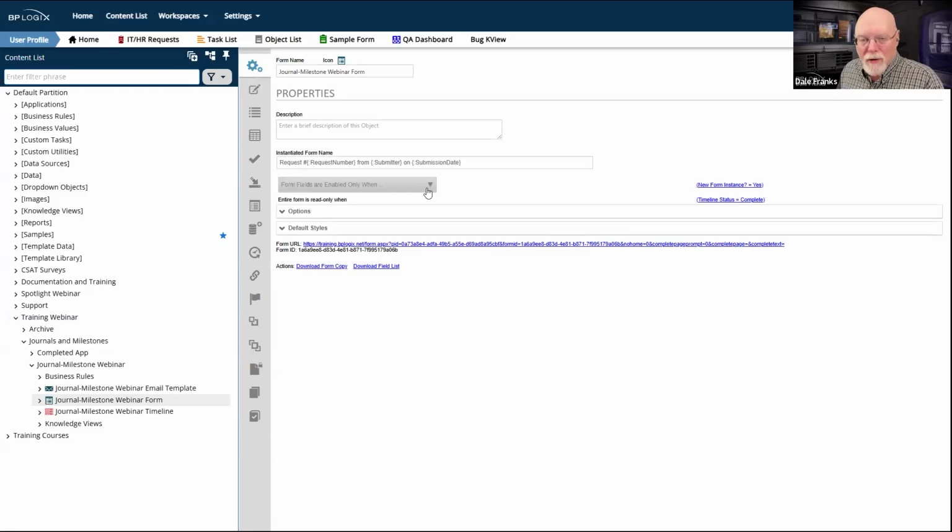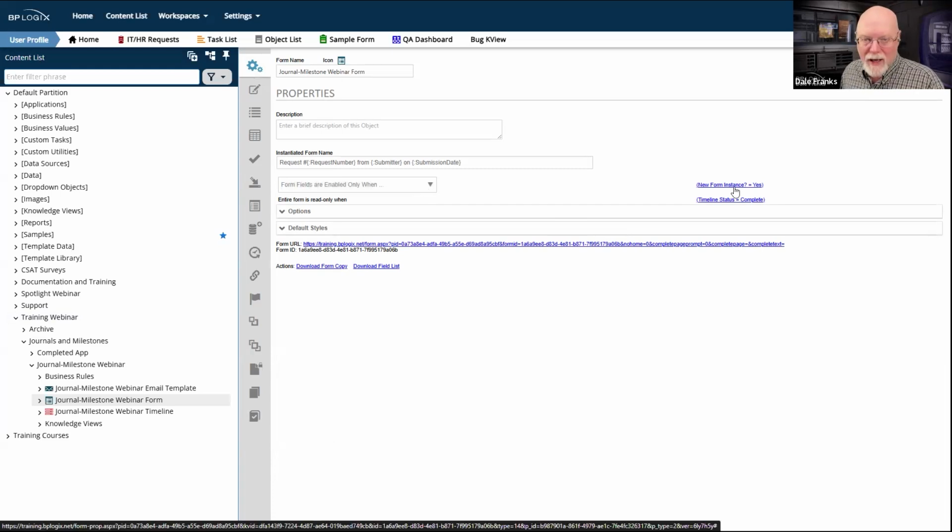So, form fields. I'm on the properties tab of the form definition. I've got form fields are enabled only when new form instance equals yes. That means I want all of my form fields disabled once the form has been submitted. Now, this is quite common to do, and you do that so that as the form moves through the process,